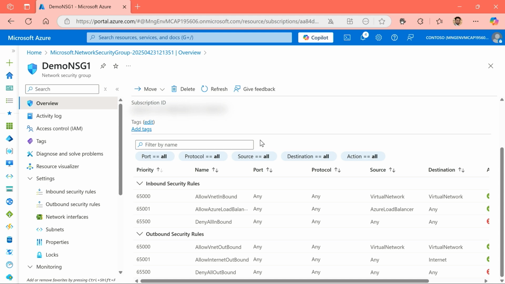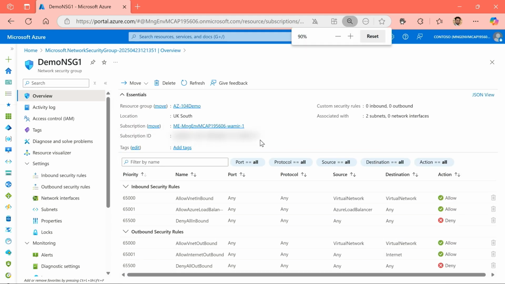As we created this NSG earlier on, we did not define anything particular apart from just choosing some basic details: the subscription, the resource group, the name and the region. And the system automatically created the NSG for me. Now, as I come within the NSG settings, there are certain inbound and outbound rules that are already available for me